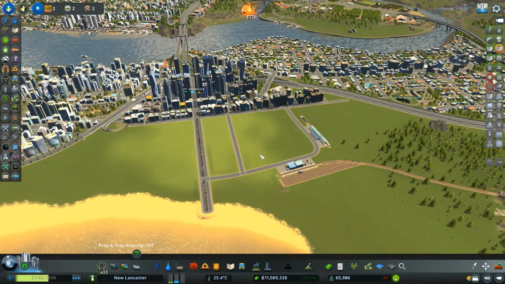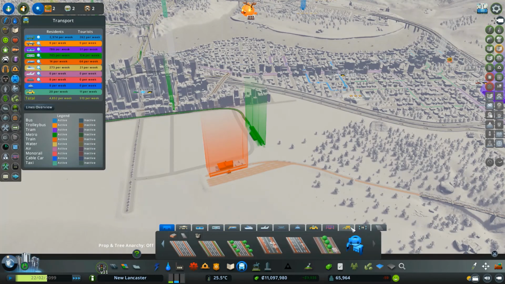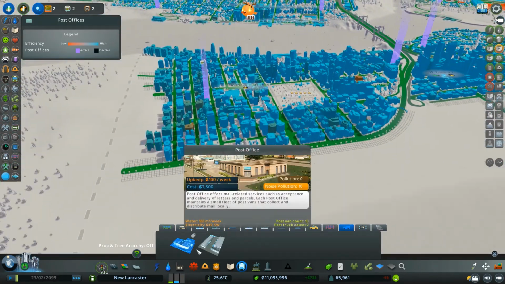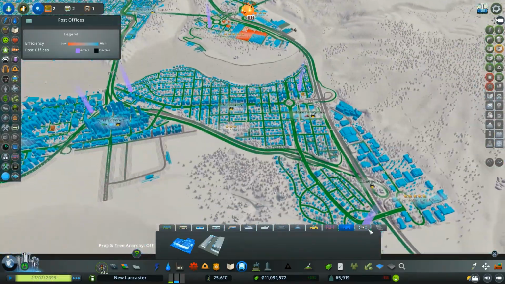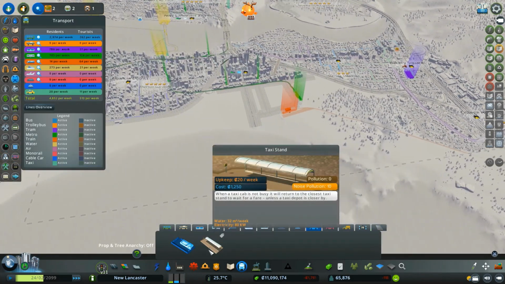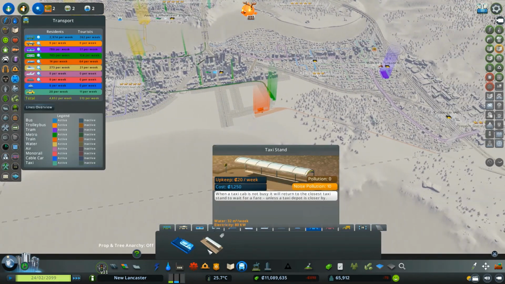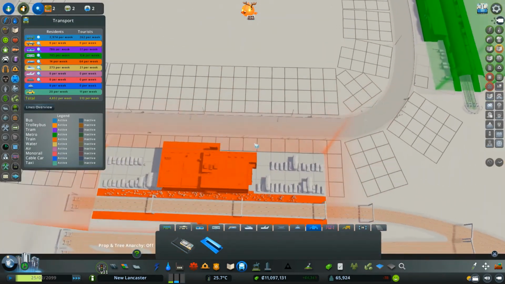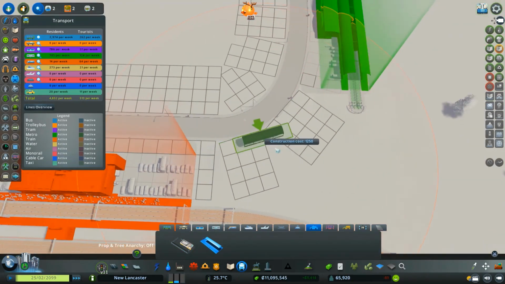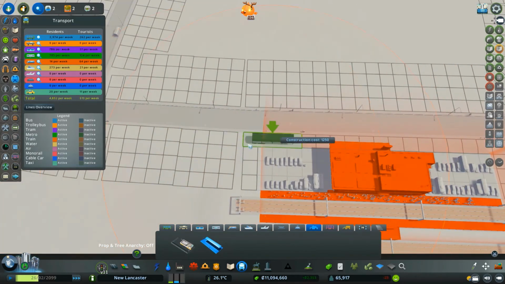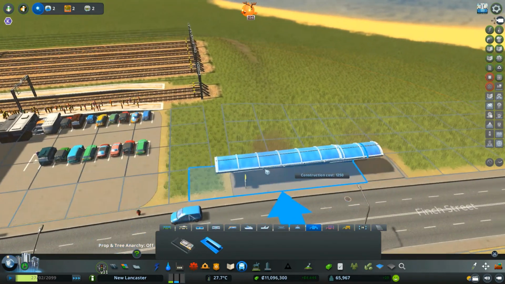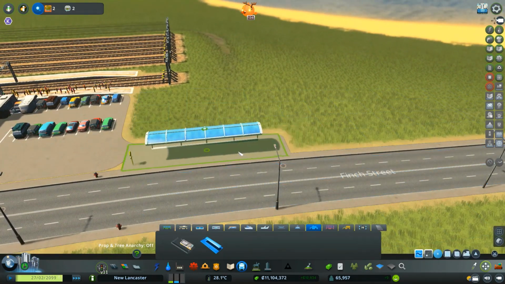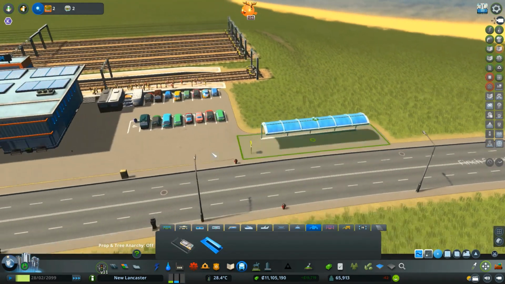Awesome. So now that we have that, we can also add other small stuff to the area, like we can check the post office. So we're good on the post office, it seems. But then, does the new area need a post office? No. Okay. And taxi services. So we have a few taxi hubs, but we don't have any of these. And this is very important for when trains come in, right? So we'll put one right here, and then I'm just going to use move it to kind of attach it to the area.